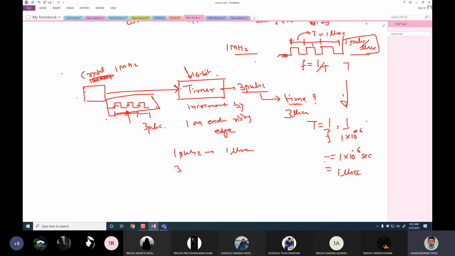From that frequency, I have related that directly with this number. That's how your timer works. This is the basic of a timer. If you understand this, there is nothing to worry about. Everything is clear now. There is no issue. So this is a basic timer.